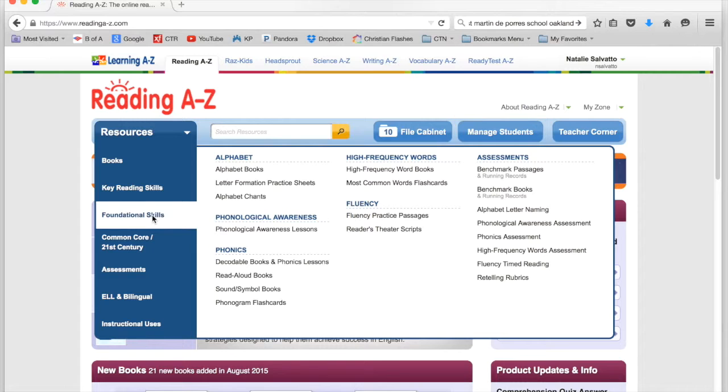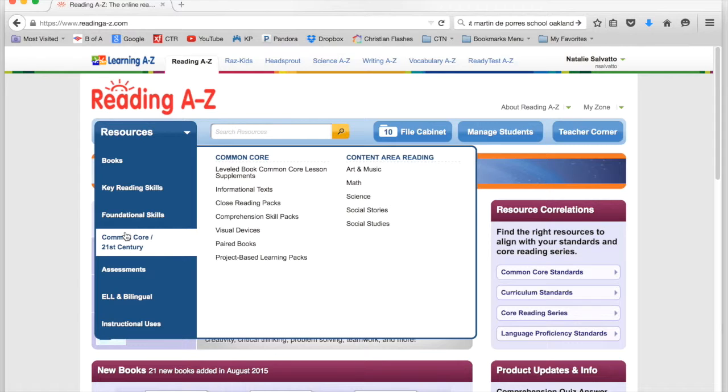So now let's go down to foundational skills. You can see you can focus on the alphabet or phonics, fluency. You can also get some assessments here. So if you want to do running records by hand, you could do that here and other assessments. Common Core, you're going to get here. So if you want close reading, comprehension, skill packs,